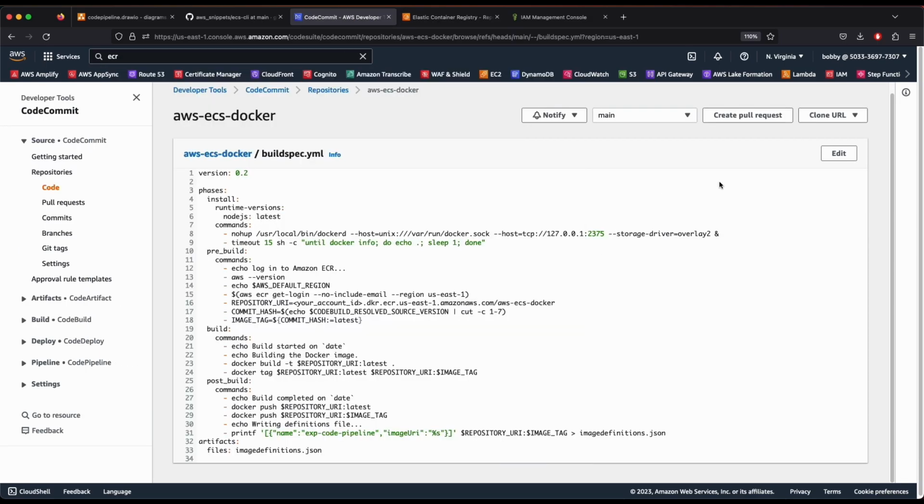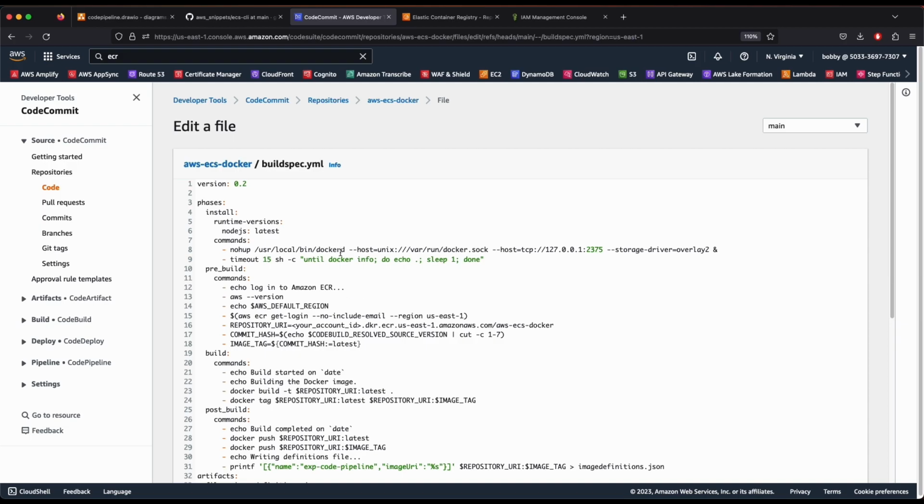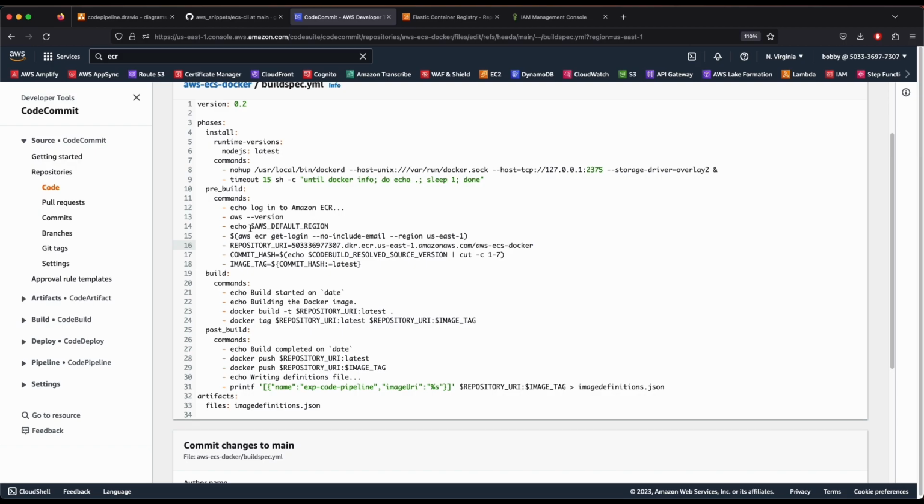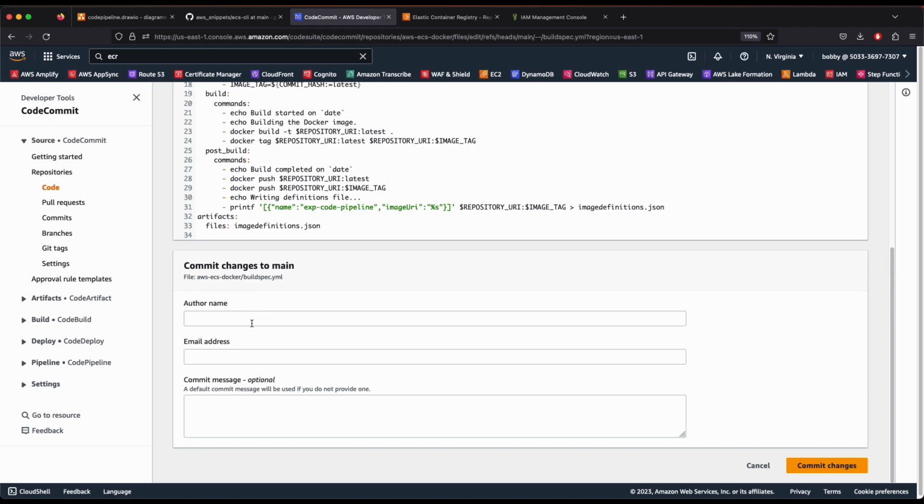So go back to CodeCommit and click on edit, and in here just make sure you have your account ID and then ECR. Once you are done, also make sure you have your default region, which, my default region is US East 1. Make sure you have your region correctly specified over here. Make sure your region is correct, otherwise it's not going to work. Okay, that's it. And now I'm going to push it, code commit message: update build spec